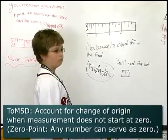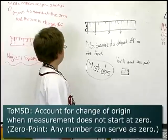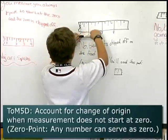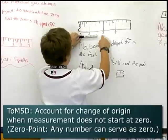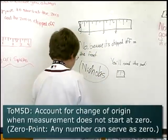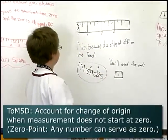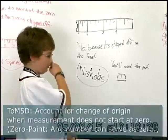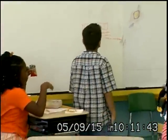Could you show us that again, how you're going to use that 1? I didn't follow that. I'm not sure everyone saw that. So like if you're measuring this, that part, that would just be 1 inch right there. If it was longer, that'd be 2 inches there instead of, So you could treat the 1 as if it was 0. Right. I would say yes, you can